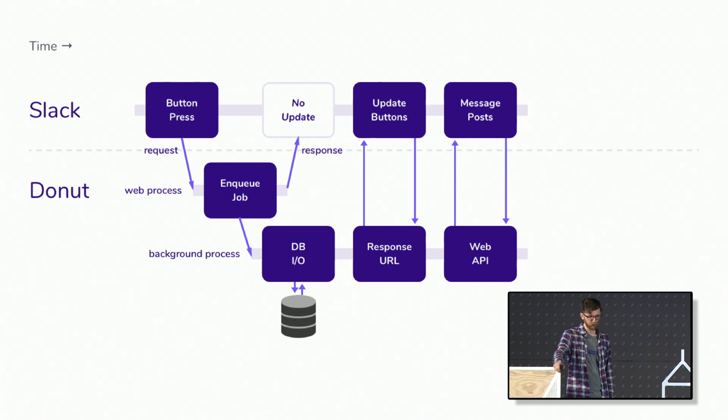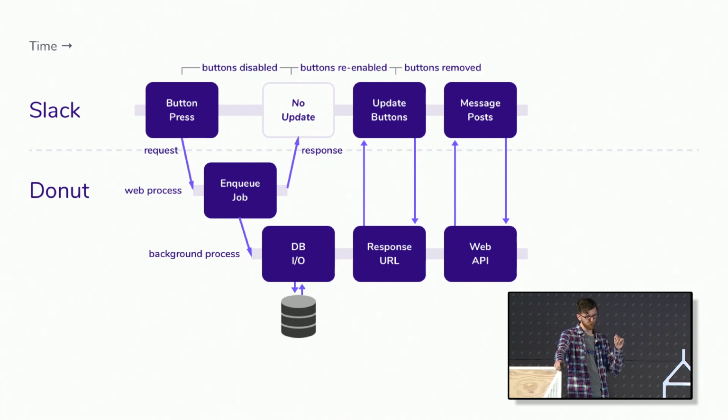So we're going to use that from the background to update our buttons instead of updating them in the first place. This looks pretty good, but we've now introduced a new problem, which is that when those buttons get clicked, they get disabled, which means they can't be clicked again. And they're disabled until the response comes back from Donut. So that's good, they can't be clicked again. But then once the response comes back, they get re-enabled, and they'd be able to be clicked until the worker comes around and uses the response URL to get rid of them. And that's not good. Like we said before, we only want to allow a single click on these buttons.